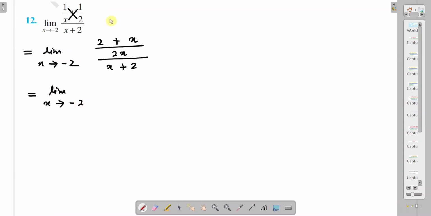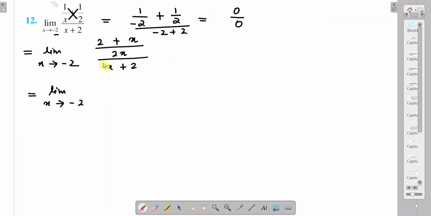First of all, you could have just substituted the limit. Yes, that we have to do. So 1 divided by minus 2 plus half, and then that is divided by minus 2 plus 2, directly substituting the point. So what I am getting here, minus half plus half is 0, divided by minus 2 plus 2 is 0. So then we have to go to the next step, right? And what is that step? To simplify, rearrange or manipulate the function.